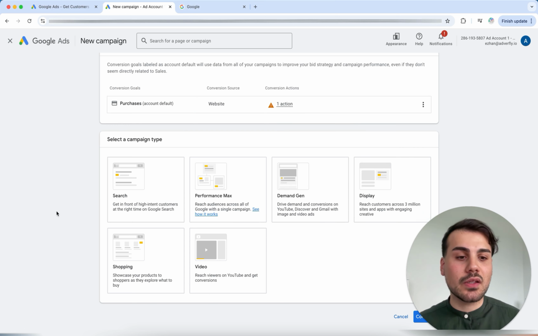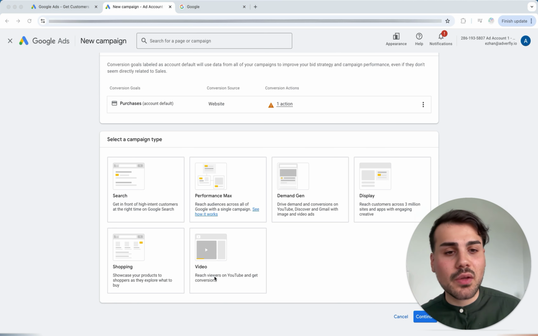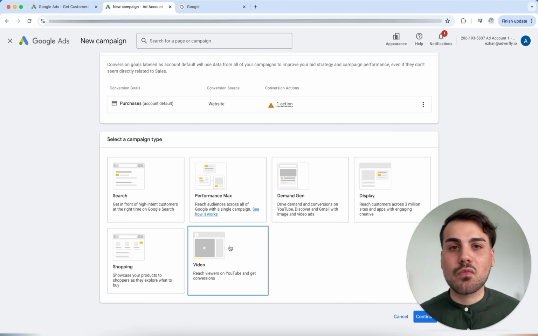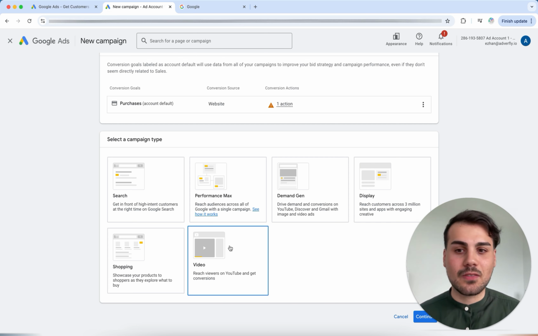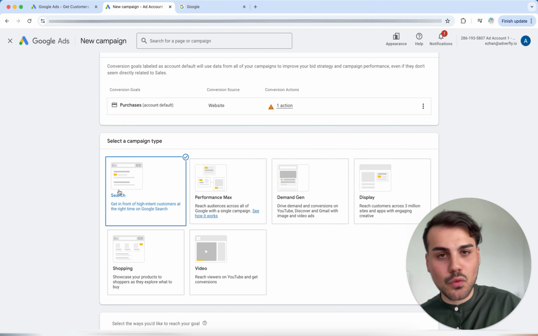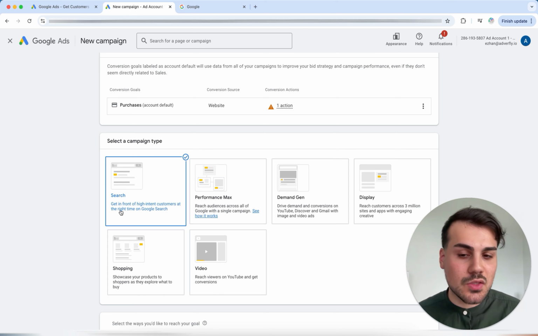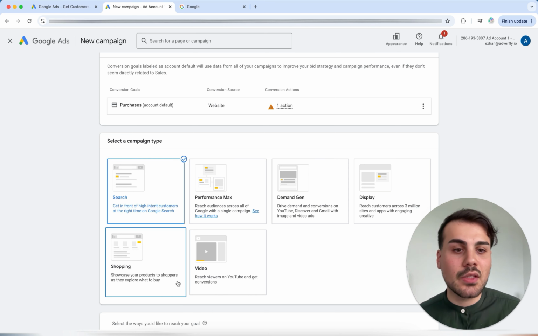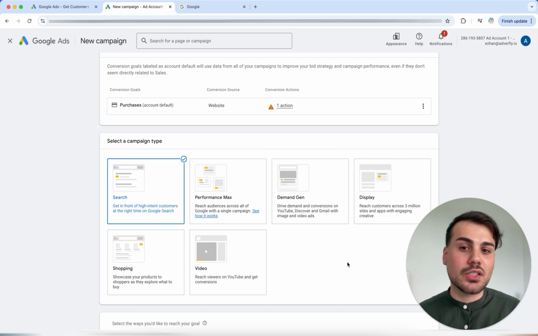So my recommendation is that you don't say, hey, I'm going to do a search campaign, then a shopping campaign, then a display campaign, and so on. Each type of campaign has its strengths and weaknesses. Therefore, my recommendation is that you start with the search campaign first. Once you have scaled everything profitably, you can then move on to the next goal. In most cases, you would then take a shopping campaign or a display campaign, a video campaign, and the like. This simply means that you build up all these campaign types in your Google account step by step.